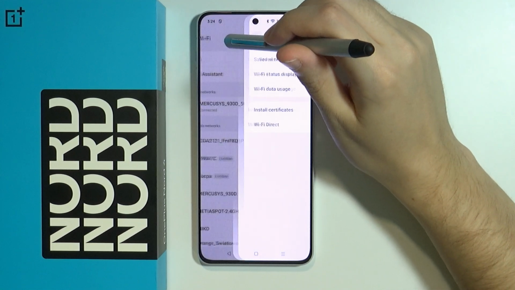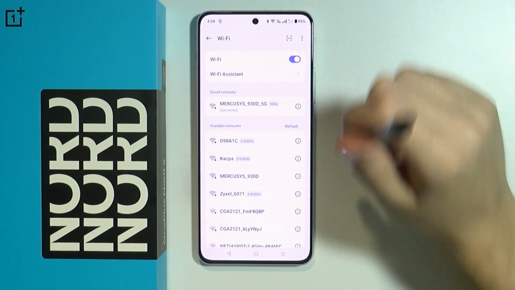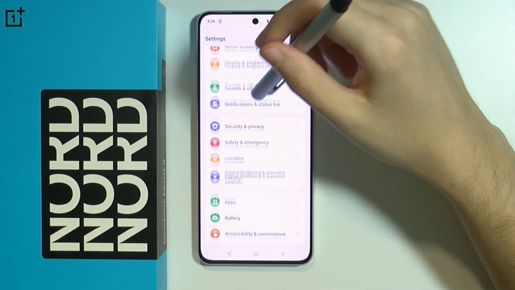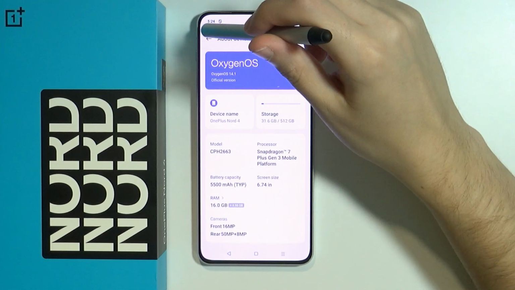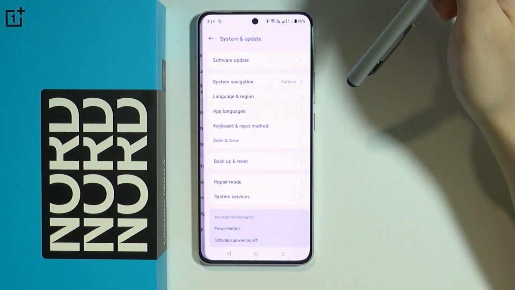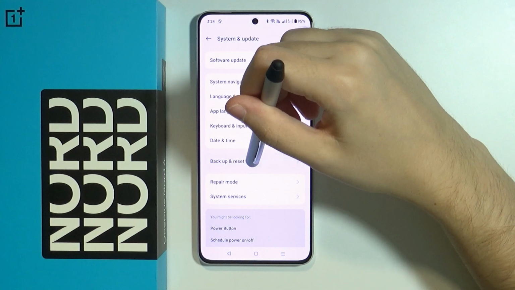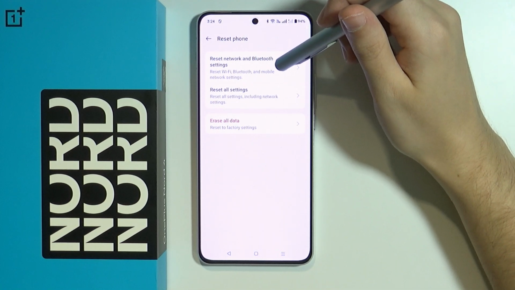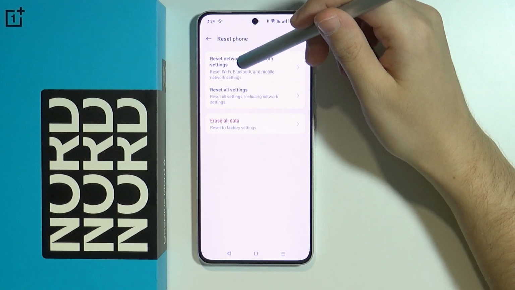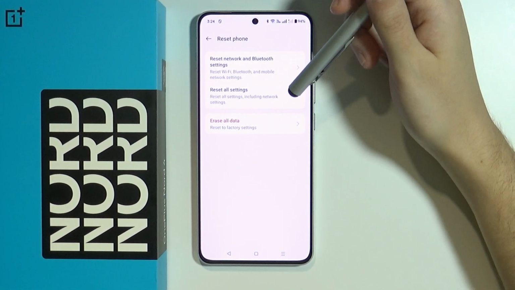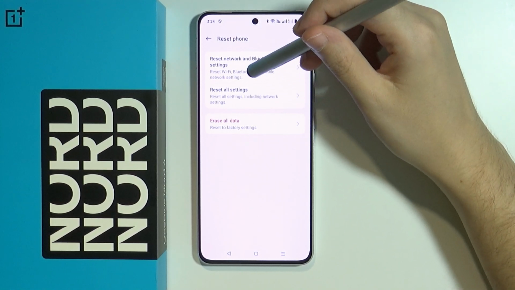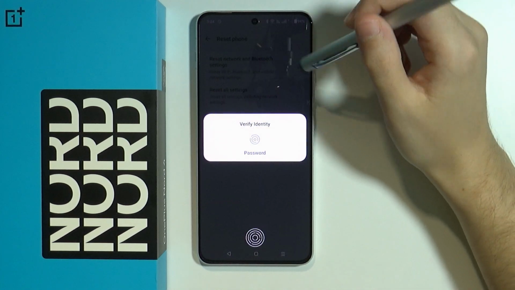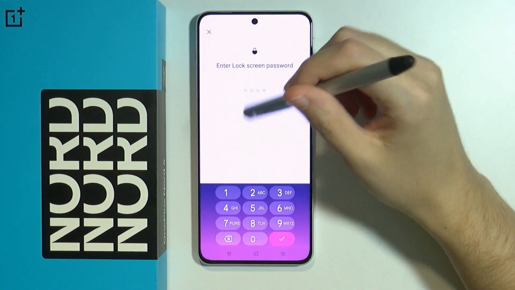And if after that you still cannot connect to your Wi-Fi, another thing that you can do is scroll down in the settings and go to system and update over here. Go to backup and reset phone, and over here you have the option reset network and Bluetooth settings. So this option resets Wi-Fi, Bluetooth and mobile network settings. You will have to set up all of these once again, but usually this is the best help for the